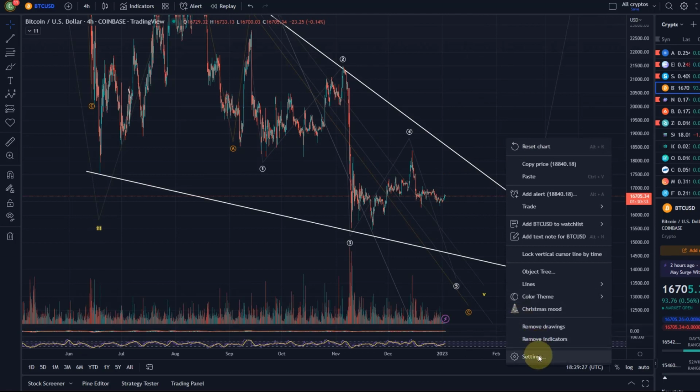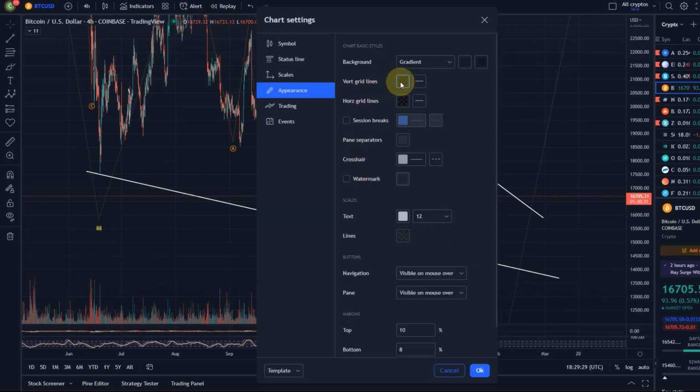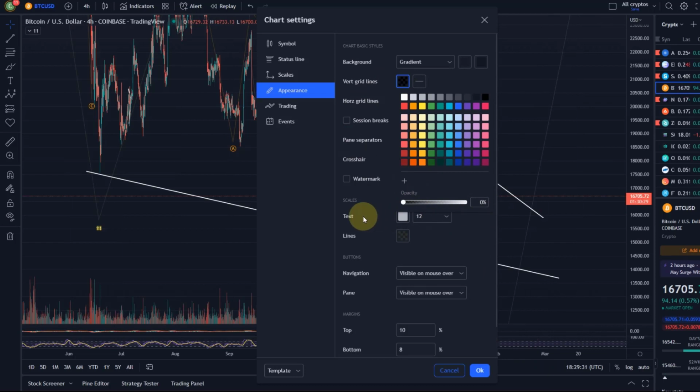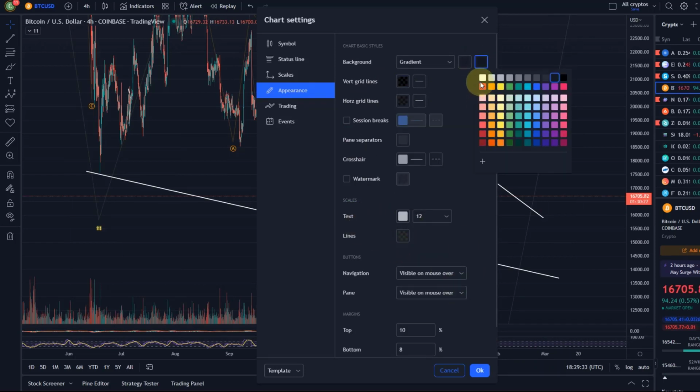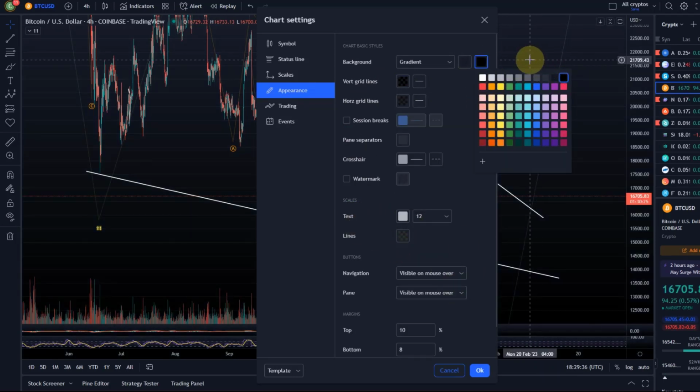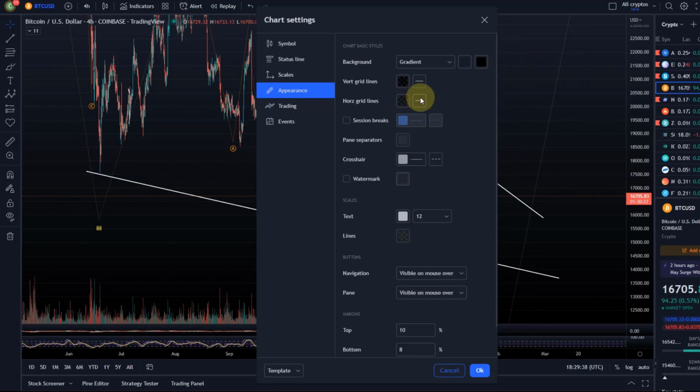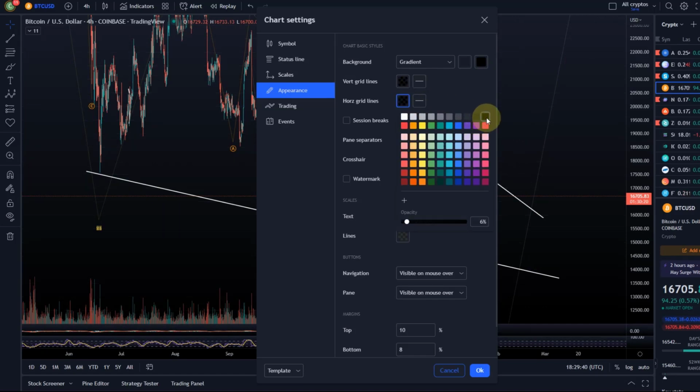I also would like here to change actually the... No, didn't want to change it. Yeah, just want to change the background to black. So,